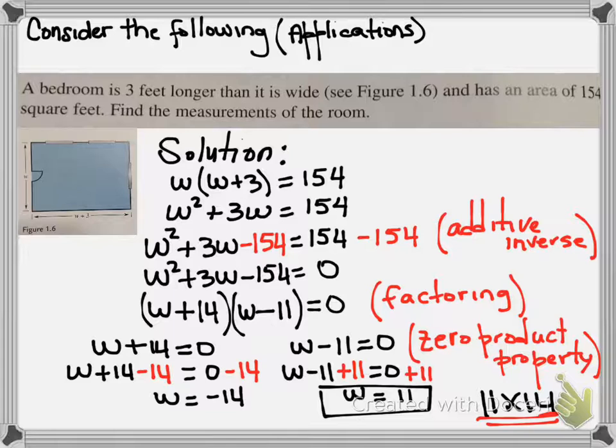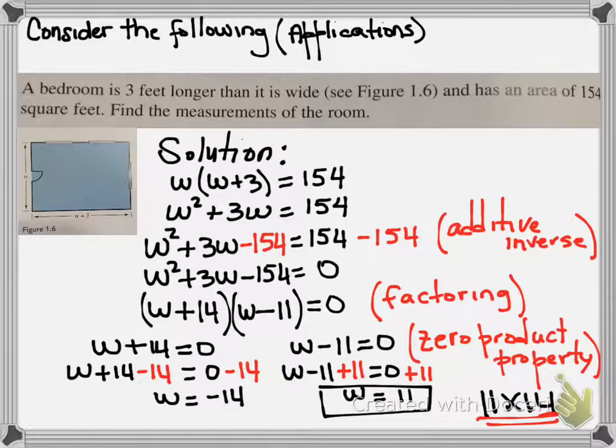Can you walk negative 14 feet? No. You walk 14 feet. Your direction might change, but you still walk 14 feet. So, because W equals negative 14 simply does not make sense,